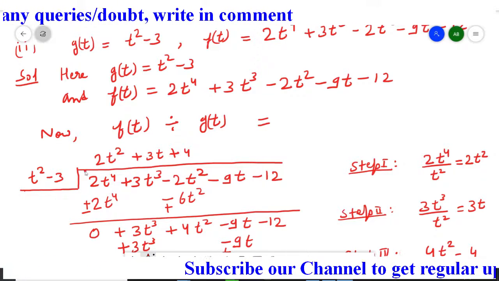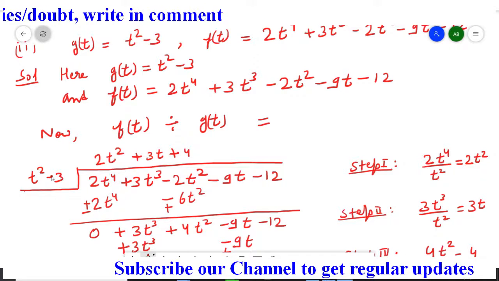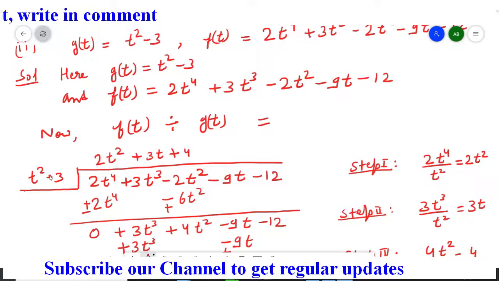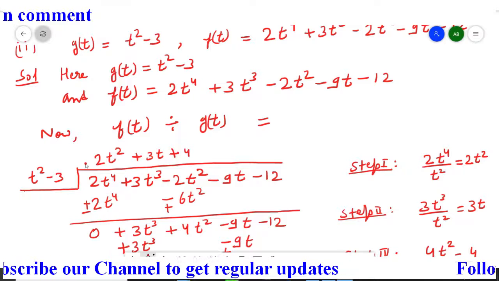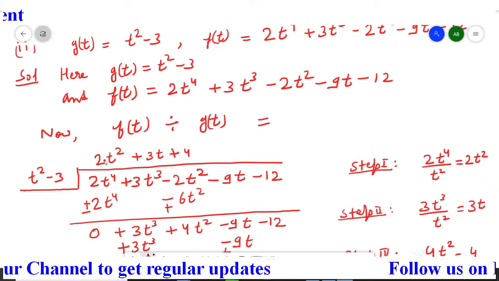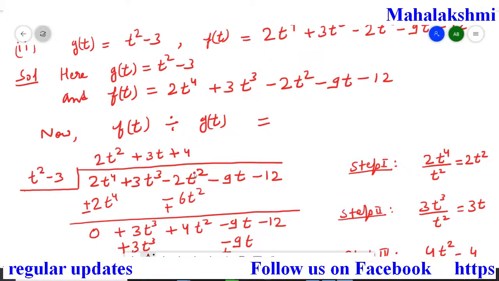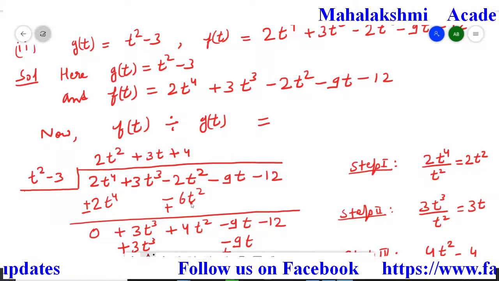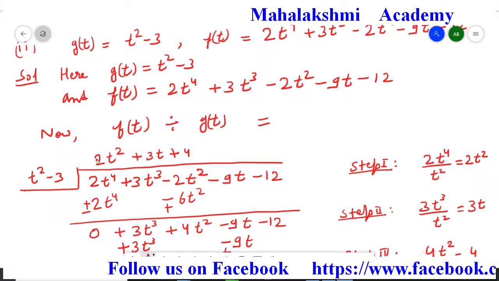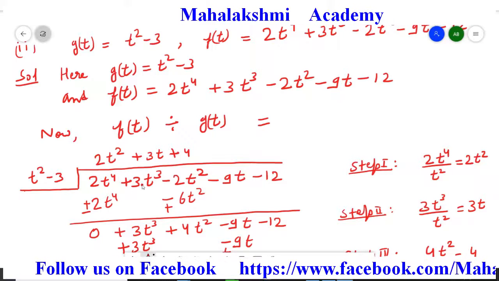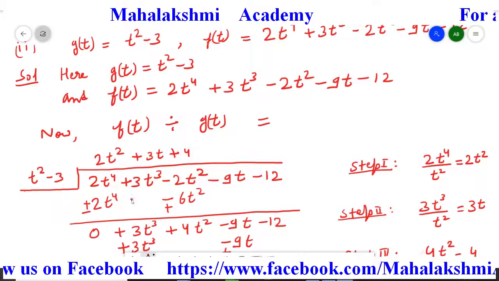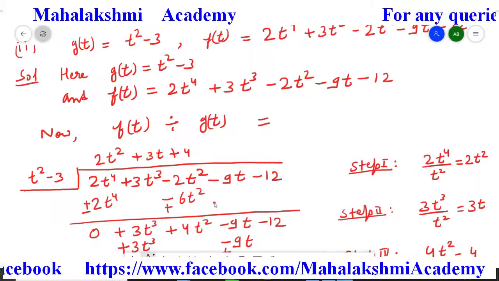Now 2t square multiplied by minus 3. So it's of minus sign and it's of plus sign. So plus multiplied by minus is of minus, and 2 times 3 is 6. So we will get here minus 6t square. That you just write down under the square term. Now since we have not obtained here any cube term, we are not going to write down anything here because this space is going to be vacant.